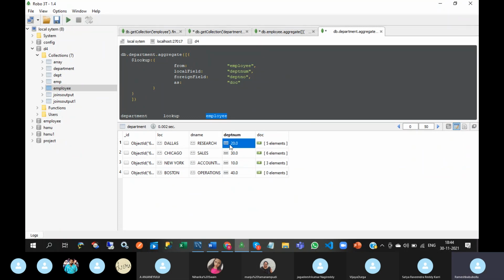Whatever department number 20 documents are there will be displayed in the array of doc, and 30 department employees will be displayed in the array of doc here, like that 10. There are no 40 department employees, so an empty array will be displayed. This lookup operator satisfies the left outer join condition in RDBMS.